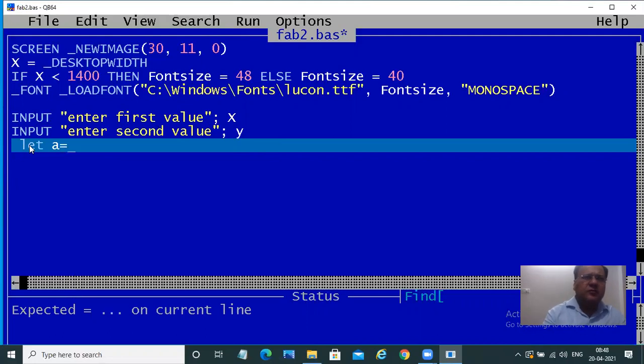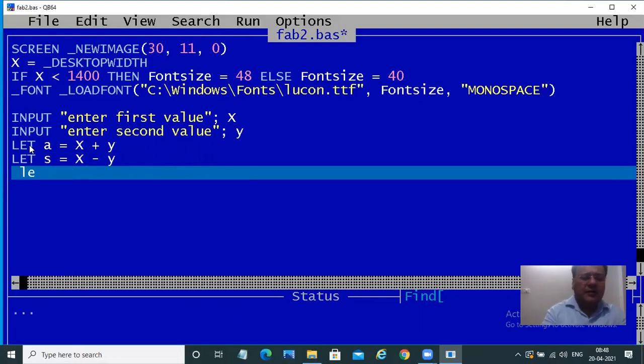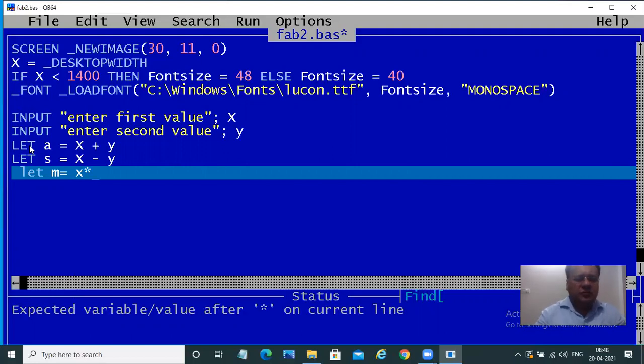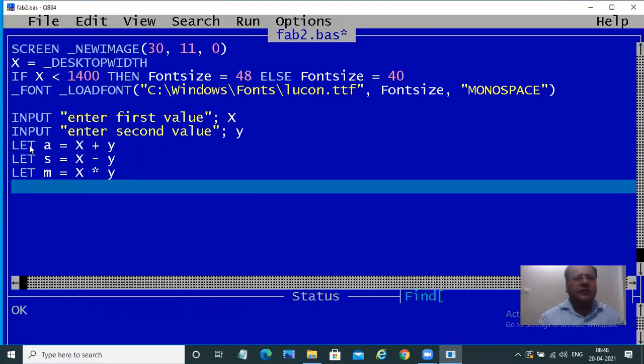A is equal to X plus Y. Then I'll say let S is equal to X minus Y. Then I'll say let M is equal to X into Y. We don't have a multiplication sign, we use the star sign over there.